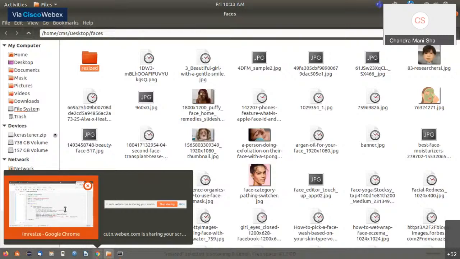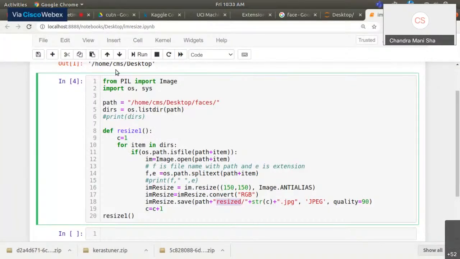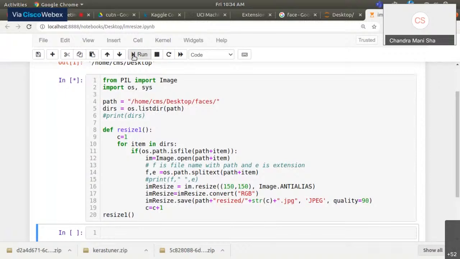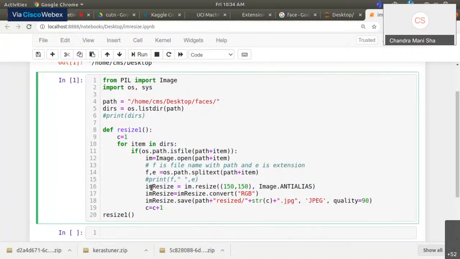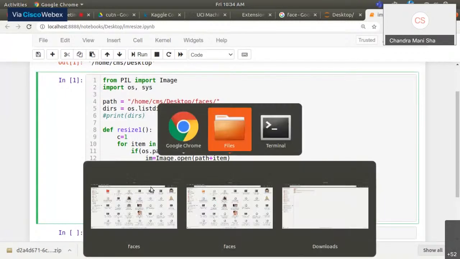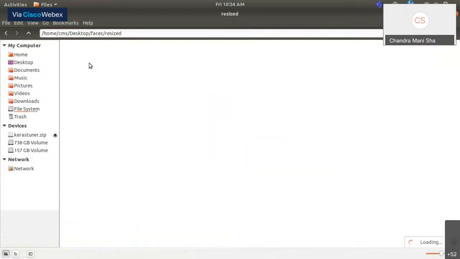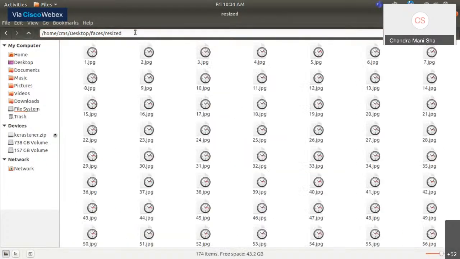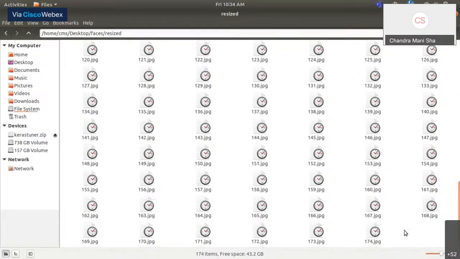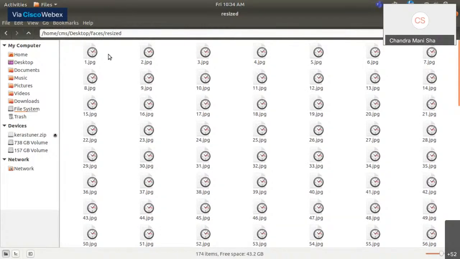Okay, so let's try to execute this particular code. For executing in Colab, we get the play button here, but in Jupyter Notebook, we'll have to run it from here. And I hope everything went fine. And this is the resized folder. So what it has done is saved all the images. It has renamed all the images starting from 1 2 3 4 5, and the last one is 174, and all the images now are of the same size. So if I open it